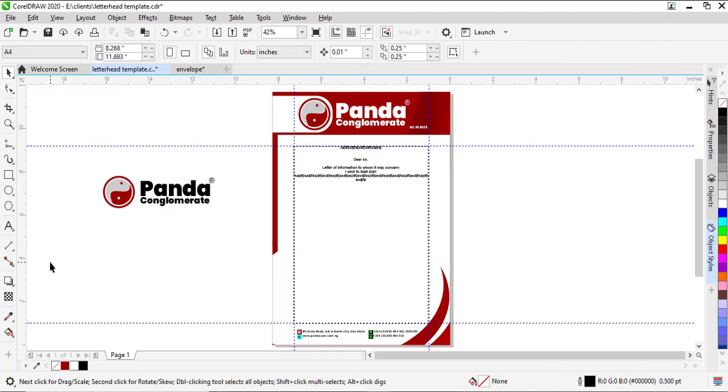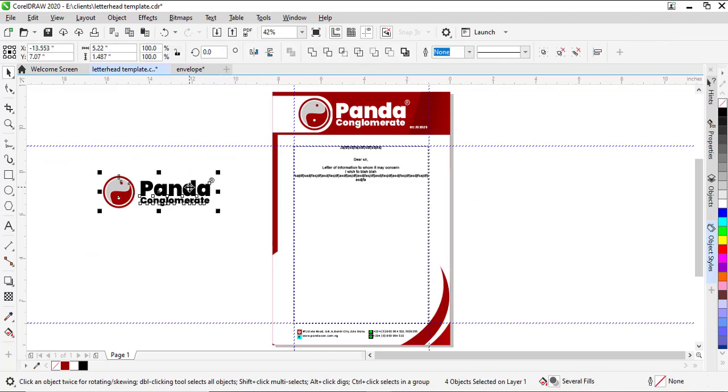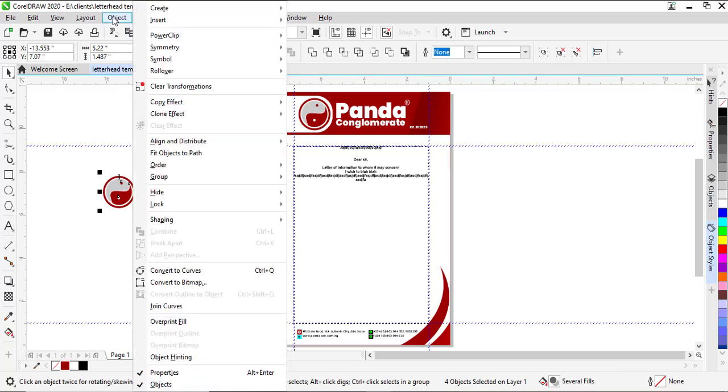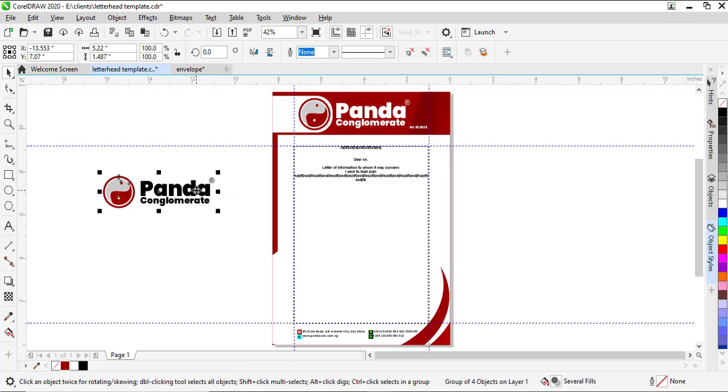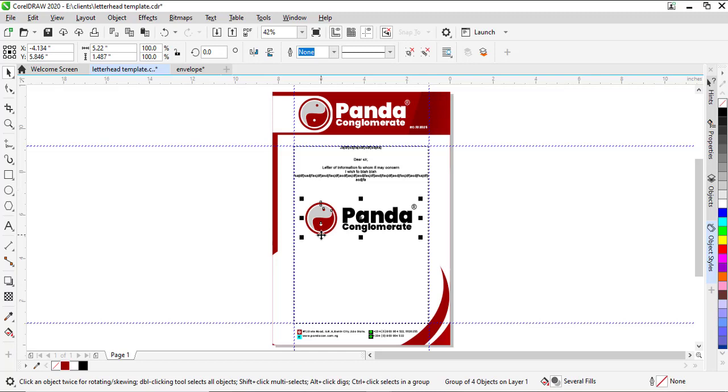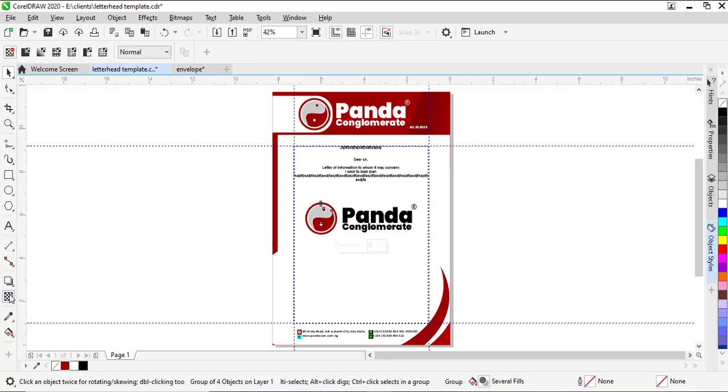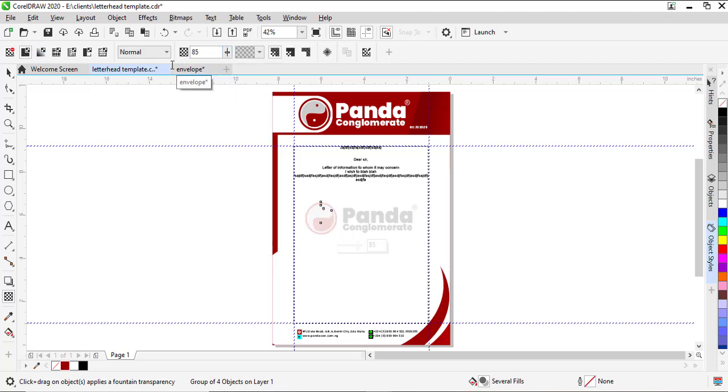right? When you're done with this, Control G to group it, or you can go to Object and Group. So Control G to group. What I want to do is bring this to the center. Just press P, for panda. Press P, bring it to the center. Go here to this transparency tool, right? And click on uniform transparency. It's usually the first one, uniform transparency. Increase this to about 85 or 90,